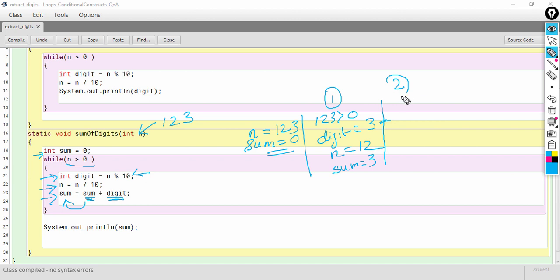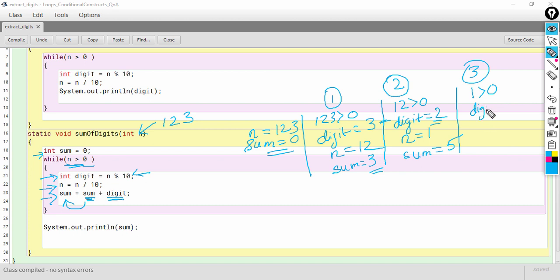Now let's come to the second iteration. Let's check the condition: n greater than 0, and the value of n is 12. So 12 greater than 0, control comes inside, the digit extracted will be 2. The value of n will become 1, and in sum we'll have sum plus digit. In sum already 3 is there, and if we add the digit it will become 5. Now again the condition will be checked: 1 is greater than 0, the condition is true.